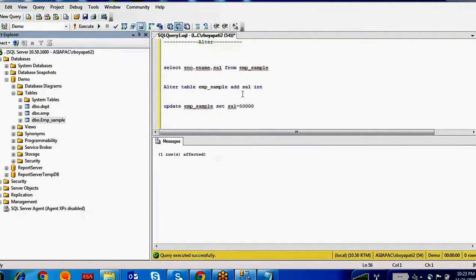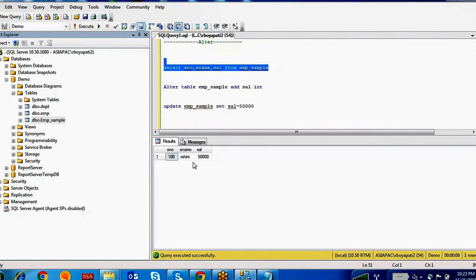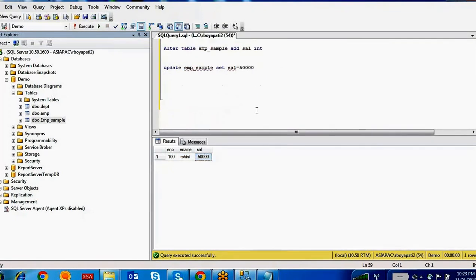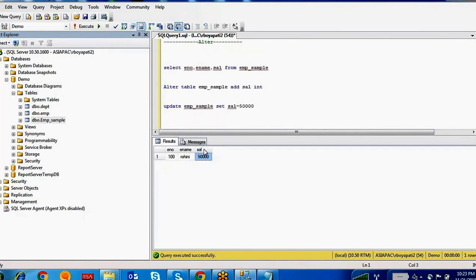F5. So if you want to see that information, this is the row, right? If you want to drop a column from this existing table, if you want to drop the salary column, you don't want this salary column, then how can you drop it? You have to write alter. This is also changing the structure of the table, right? If you want to change the structure of the table, you have to use the alter statement. If you want to change any data inside the table, you have to use the update statement. So that is the main difference between update and alter.